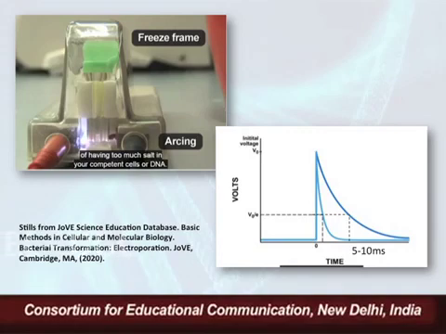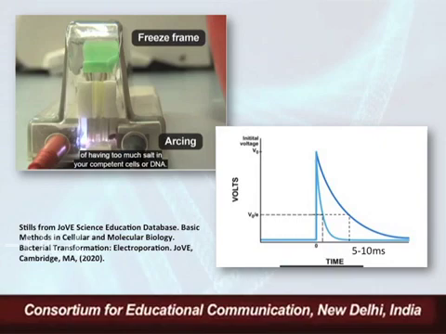Now, when we give the pulse, in this graph, this is the pulse we are giving. The volts just increase and then transiently come down. It has to come down in this manner, and this is called the time constant. An ideal time constant will be somewhere between 5 to 10 milliseconds. But the second graph is telling us what happens when there is arcing. When there is arcing, it suddenly drops down. The time constant is really, really low, and because of this spark, the bacterial cells die.